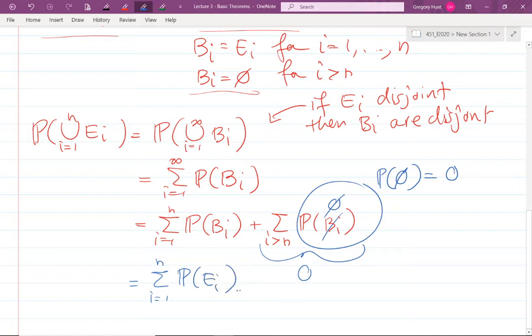So tricks like that work. Often when we have these results for a countably infinite number of things, we can extend them to the finite case by taking the finite number and tacking on an infinite number of empty sets. It doesn't change many of the properties, and the theorem holds for the infinite case, so we can do a clever proof like this to say it also holds for any finite set. This case, in particular, rests on the fact that the probability of the empty set is 0. We haven't shown that, but we're going to show that today.